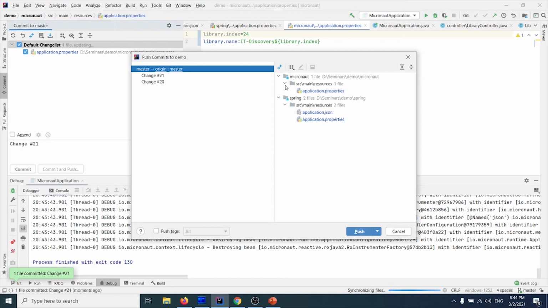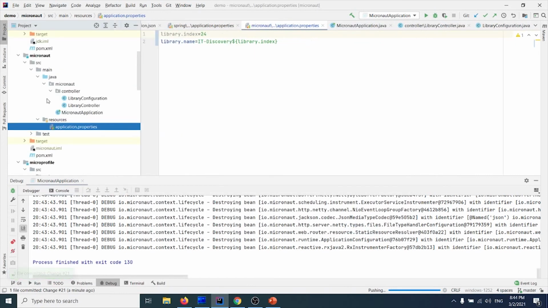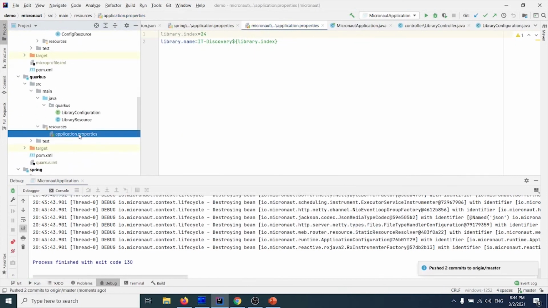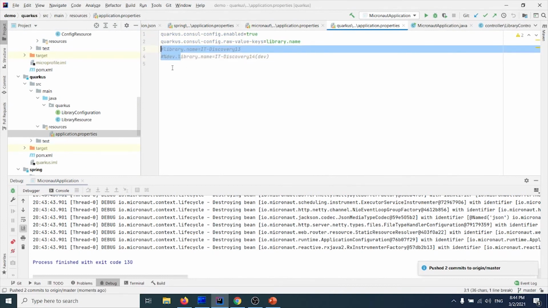Okay, now the questions. Is it possible to set property for different profiles in Spring like in Quarkus? No. First of all, dev is not at the end of the property, it's at the beginning. So if we check Quarkus, you see that there is a dev at the beginning. It's a prefix, not a suffix. And Spring doesn't support it,